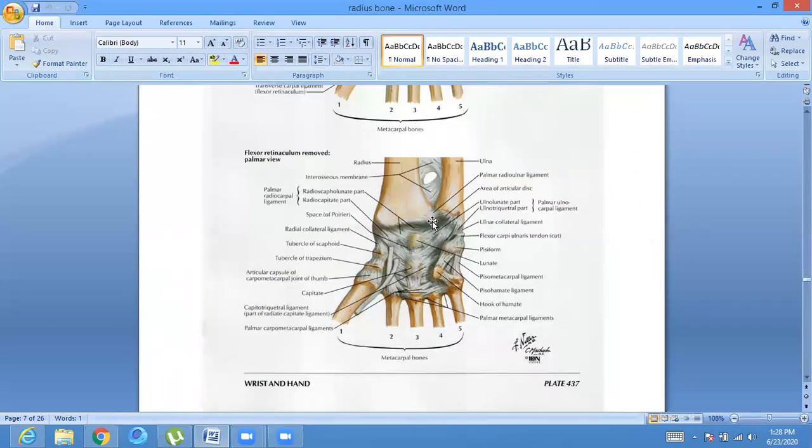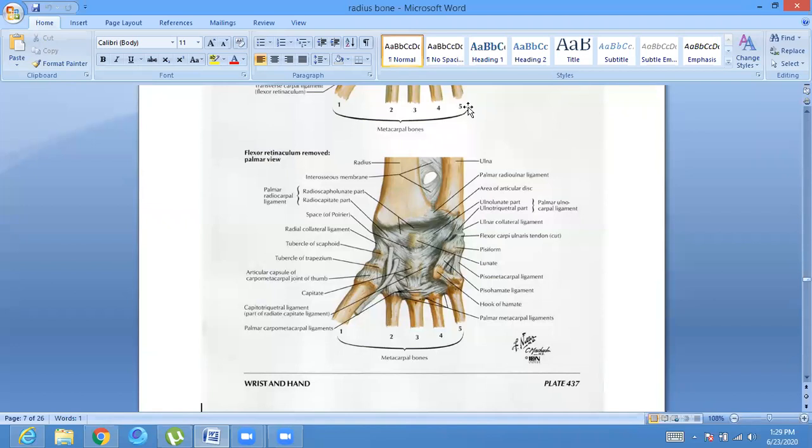I told you that on the anterior surface of the lower end of the radius you will find a prominent ridge. This is a rough, irregular, thick, prominent ridge, and it gives attachment to the anterior or palmar radiocarpal ligament. Here you can see this ligament is attached over the anterior surface of the lower end of the radius, and this surface is rough and prominent, forming a ridge. To this ridge is attached the anterior or palmar radiocarpal ligament.